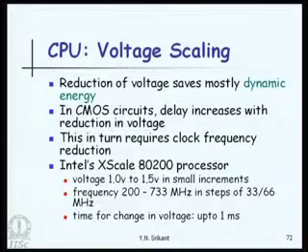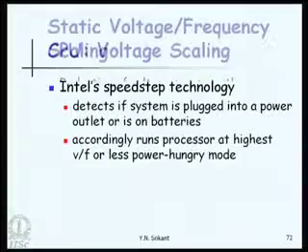Another important factor is the time for change in voltage. There is hardware inside the CPU, the voltage regulator, which has to stabilize its output when we want the voltage to be changed from one step to another, and this requires a finite amount of time. This is quite large, for example, up to 1 millisecond. The reason is there are capacitances inside the voltage regulator, and these require time to charge and discharge, and that is why the change in voltage requires some extra time.